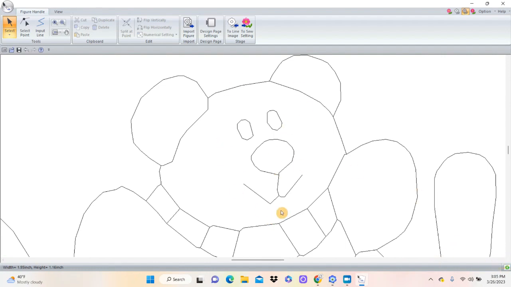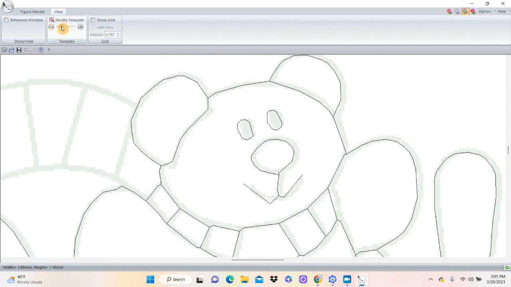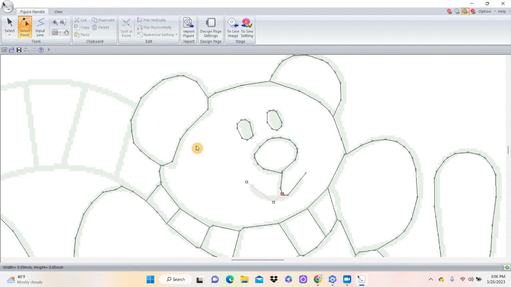So this is a problem right here, his face, right? I could redraw this whole thing if I wanted to, but a lot of people just don't know where the original was. So the way that you fix that is you go to View, and there's a thing that says Modify Template, and I'm going to slide it over, and I can see the original bear underneath it. So now I can select this and move it a little bit and say, I see where that's supposed to be. So I'm going to go Figure Handle, select point,